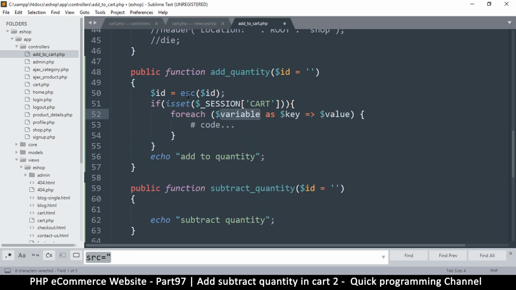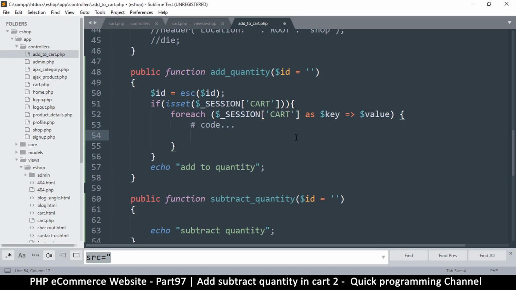So we say foreach session cart. Now be careful here with the double $ sign. So we will need the key because we want to add to the same thing here. Let's use item as usual. So here, once I'm looping through, I'm looking for the correct ID, and then we'll say if